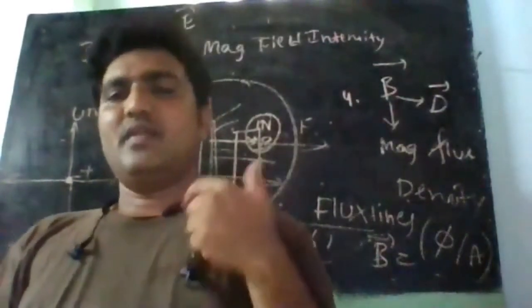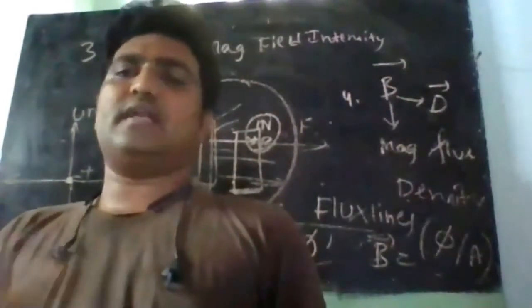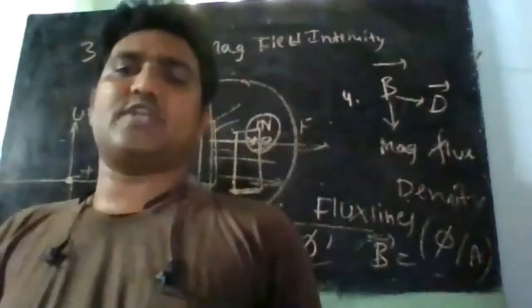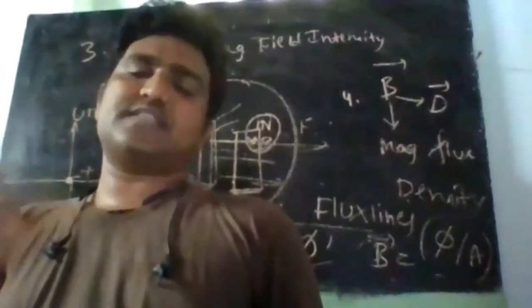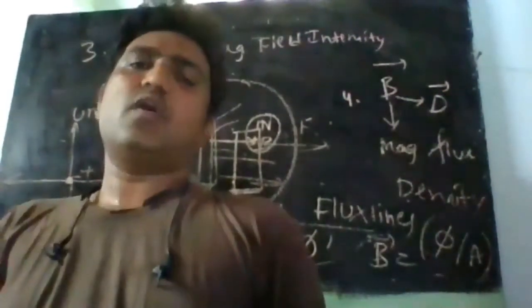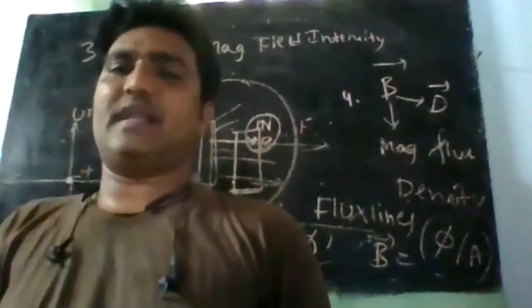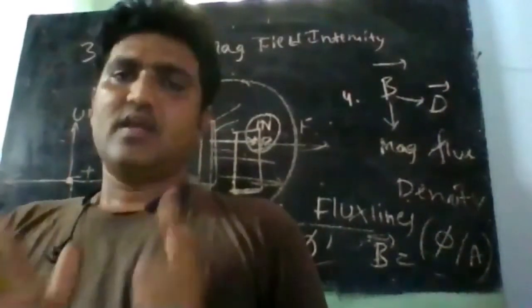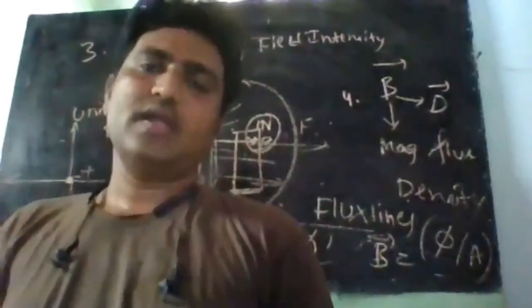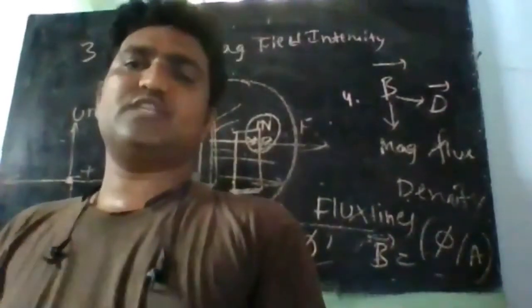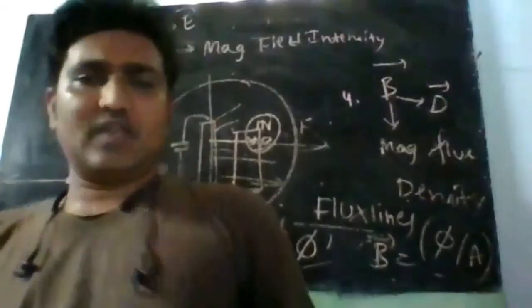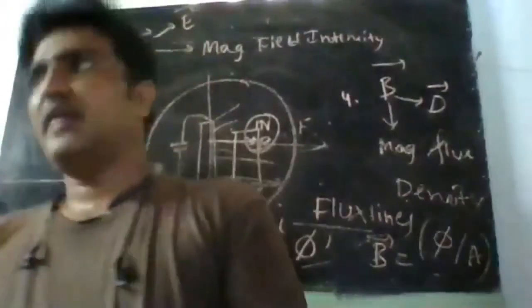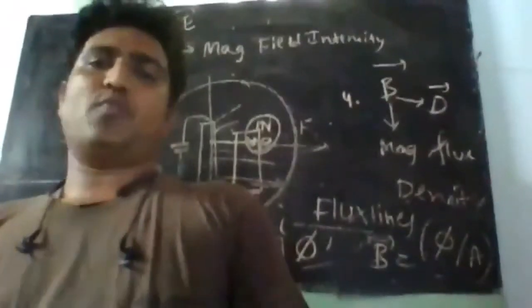Then Faraday slightly extended it and said if the current is static, then the force generated or the field developed is also static. Static here means it does not change with time; the field value does not change with time. Such fields are called static fields. So these are the two points we have to remember.